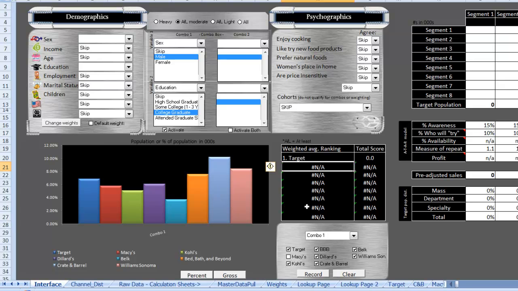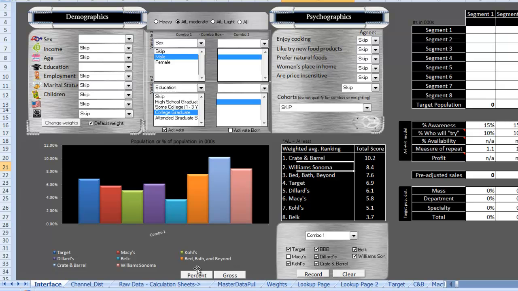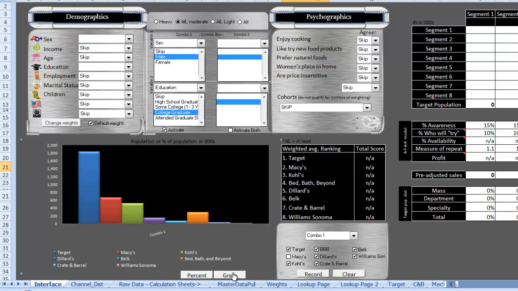Another thing that I'm able to do is rank these retailers and give a score based on a weighting parameter. Right now I'll use default weights, but I can also change these weights, and I have an option to do so through this little pop-up menu. I'll leave it as default right now. If I switch back over to gross, I can actually load this data